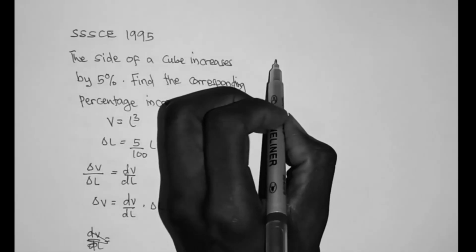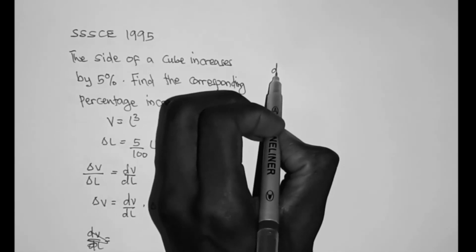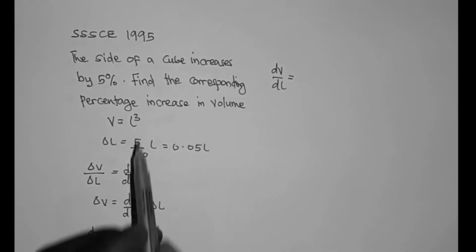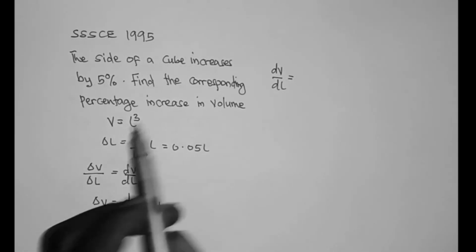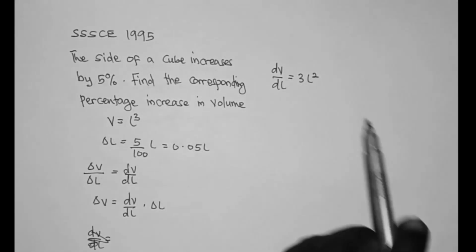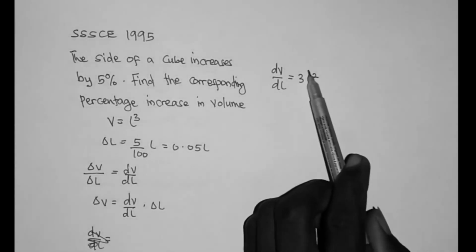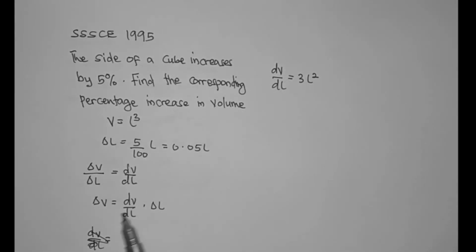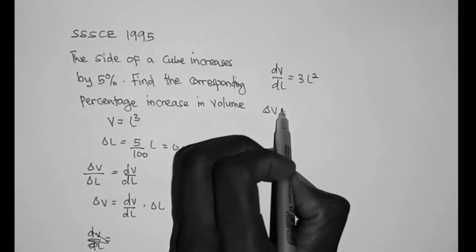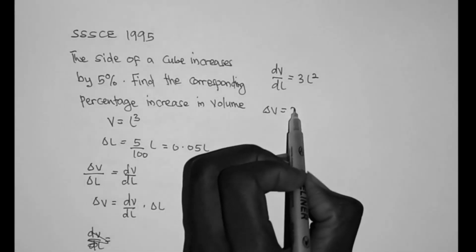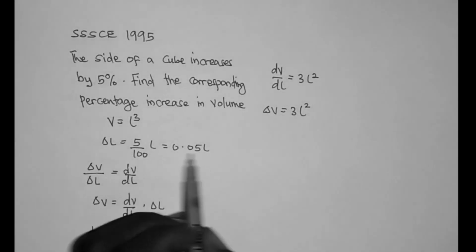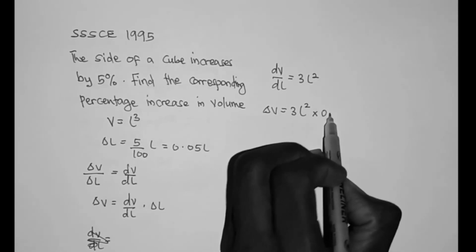Let me solve it. Let me continue from here. So dV/dL is equal to, we are supposed to differentiate L cubed, and that will give 3L squared. So dV/dL is 3L squared. So we'll then take this dV/dL and put it in this equation to find delta V. So delta V is equal to dV/dL, which is 3L squared, times delta L,